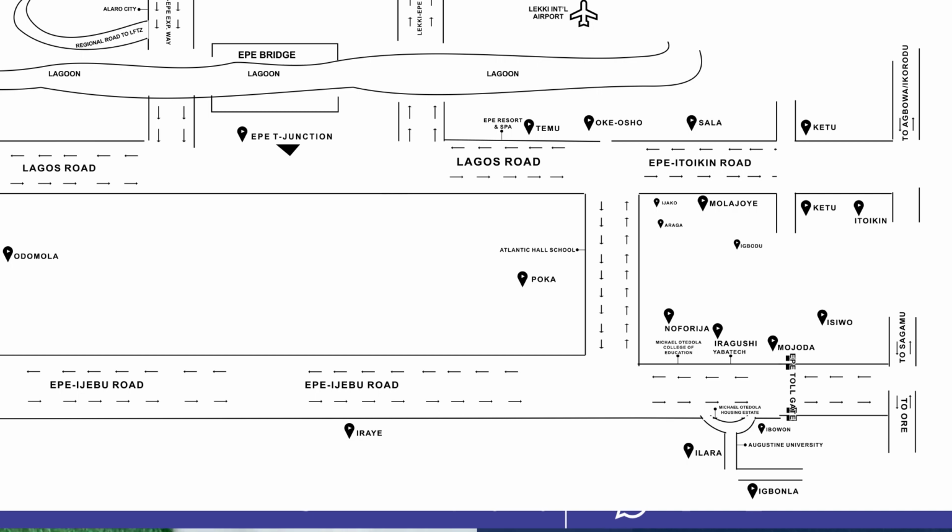So if you have bought 5 plots, 4 plots in Ketu or in Sala or Molajoye, then you must have a property in Poka. And that's why I'm always against you guys buying 12 plots. I don't know what you guys want to use it for. Want to build a stadium there? Just buy one location. The 12 plots, you can divide and buy 3 plots in 4 different locations, instead of buying 12 plots in 1 location. Alright, so Poka is also a hotspot location in Epe